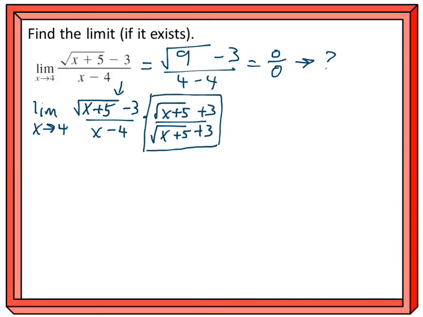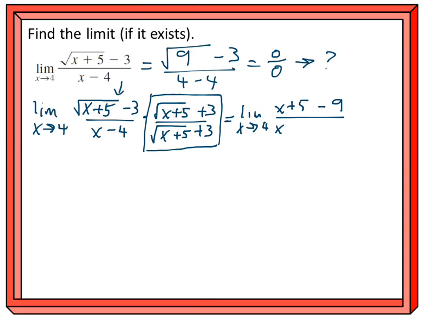Okay, so now across the top, let me bring my limit back here. Limit as x approaches 4. Across the top, it's like the difference of two squares, so we only have to worry about the first terms and the last terms. So it's the square root of x plus 5 squared, which is just x plus 5. And then negative 3 times positive 3 makes this a negative 9 over,